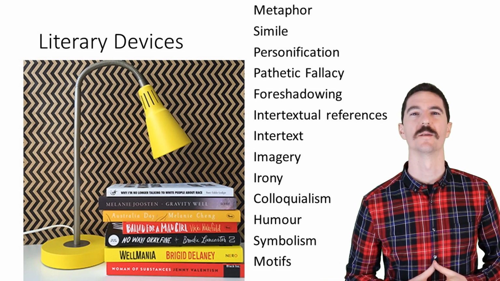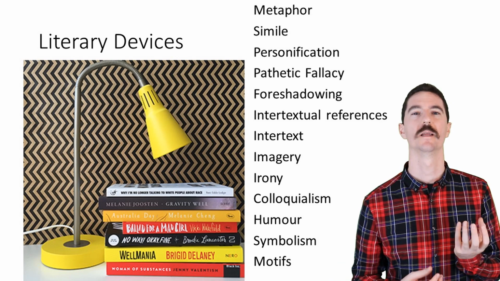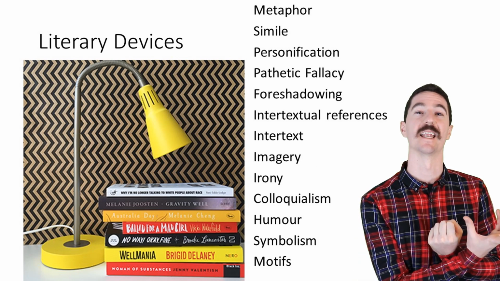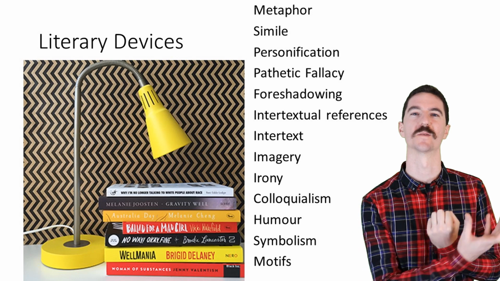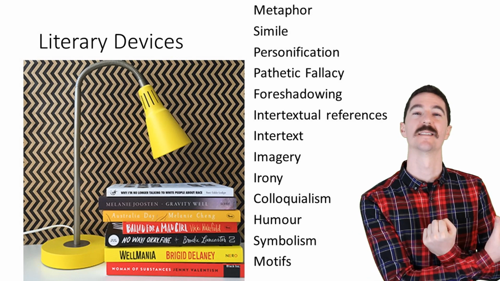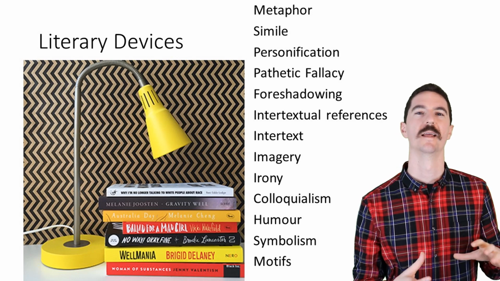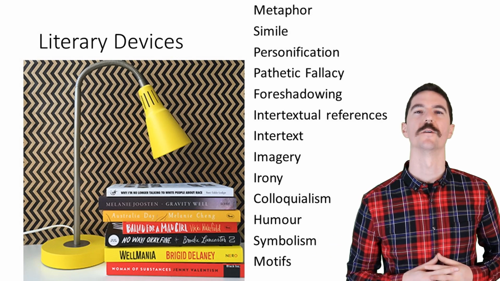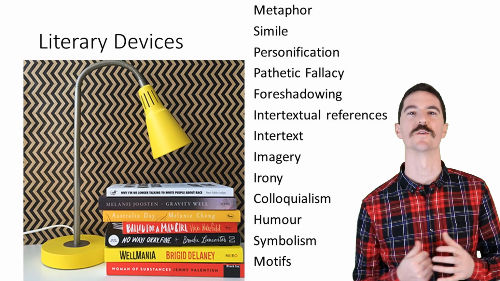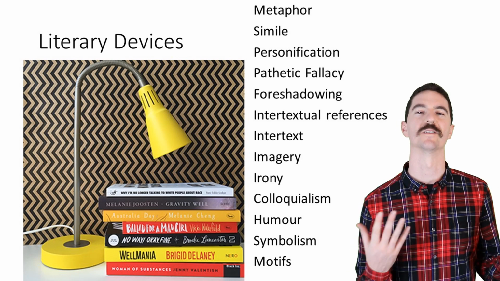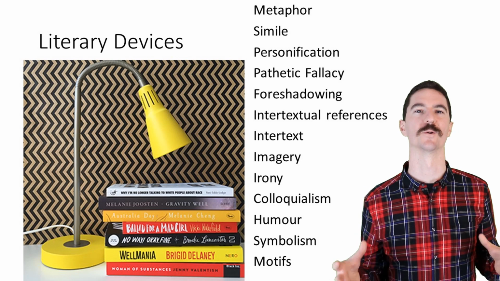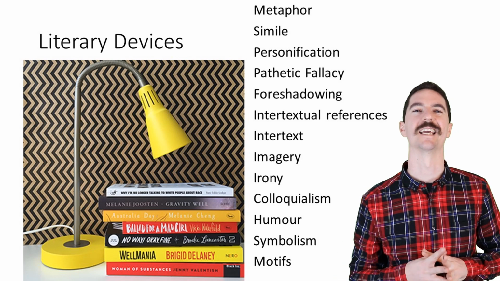Imagery is a massive one, and anytime you use the word imagery, besides this context I guess, you sort of want to have an adjective in front of it. So you want to say something like spiritual imagery or dark imagery or natural imagery, but in this case she used a whole different range of imagery. The stories are very rich in irony, so obviously saying the opposite to what you mean, or people being ironic in their dialogue, that's a very Australian trait, so she uses that and colloquialism to make it very clearly an Australian story.